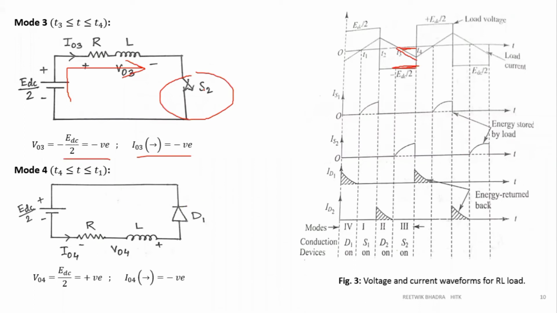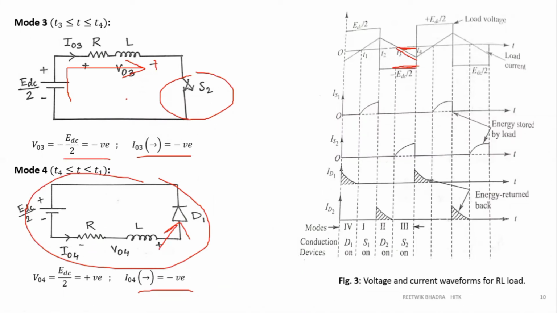It has to discharge through diode D1. Just now I told you. So D1 is on. That means the upper part of the circuit is on. Voltage polarity changes. This side becomes plus. See, this side has become plus. So obviously D1 will be on. So this will be my circuit. If you see the current direction, I4 and I3 are the same. So if I3 is negative, I4 will also be negative. But it is discharging, so it will decrease.